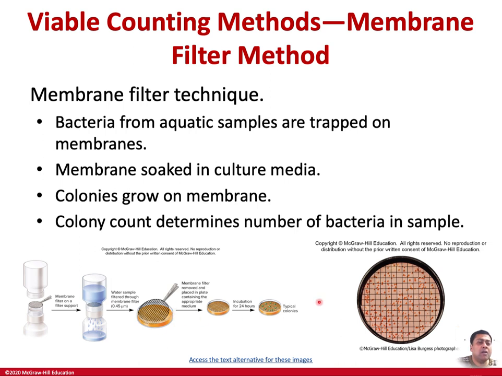Then you just touch that onto nutrient media and you allow it to grow. Sometimes these membranes are also transferred onto the Petri plate, or you can just grow it by itself. Now you can count the number of colonies on that particular membrane, and that will give you the numbers in that particular sample. So you can easily back calculate. This is a viable counting method. The reason that this is very good is that each colony arises from each live bacterium, so this will not count any dead